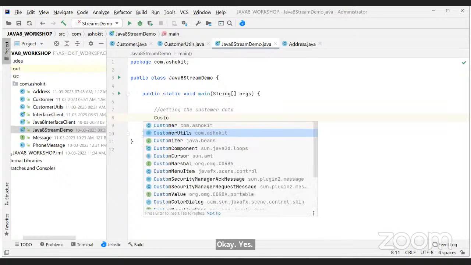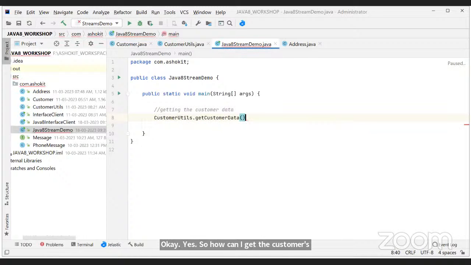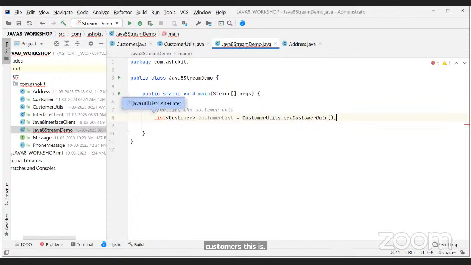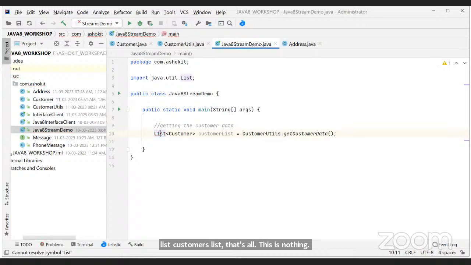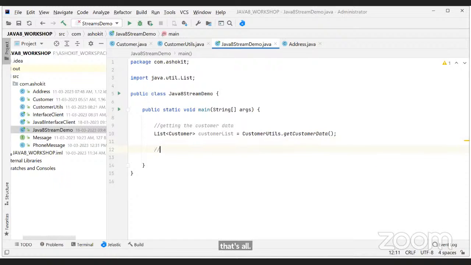That is CustomerUtils dot getCustomerData, which is returning a list of customers. This is the customers list. And import the statements, sir, with Alt Enter. So we are getting that customers list, sir.